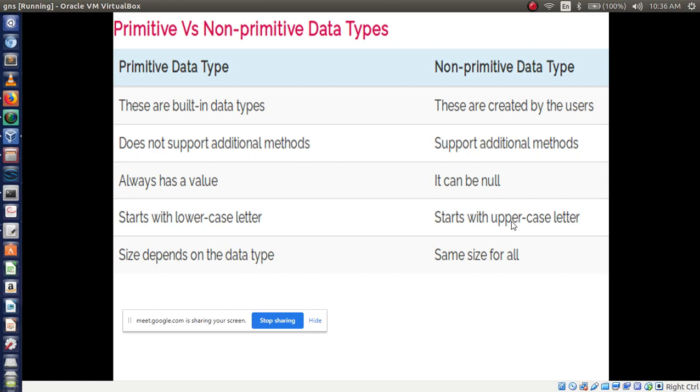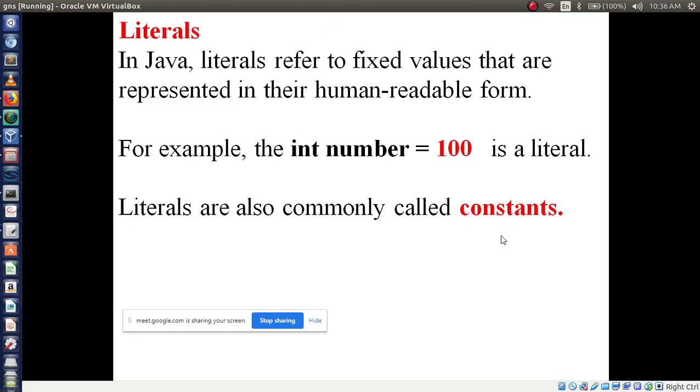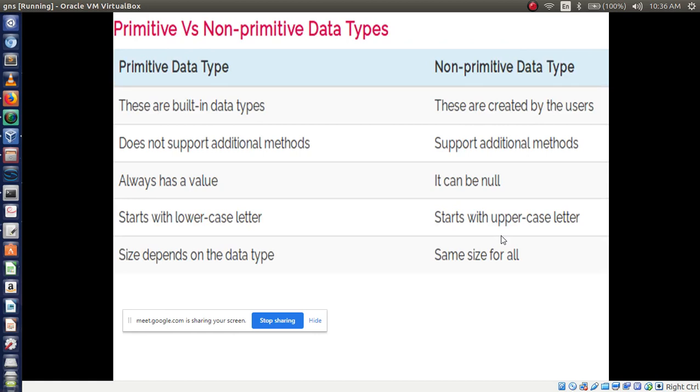Now we'll concentrate a little bit on primitive and non-primitive data types, the difference between these. It is displaying on my screen.